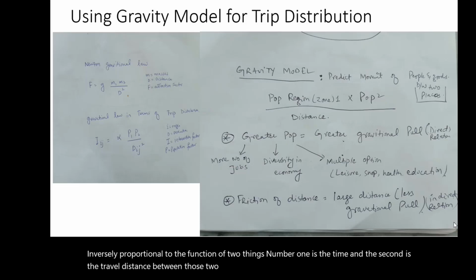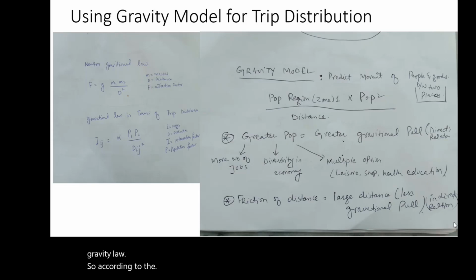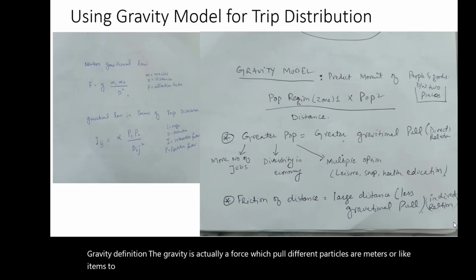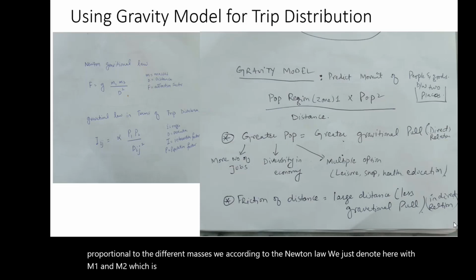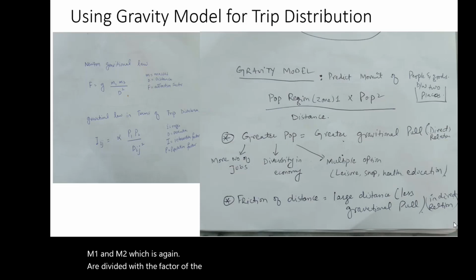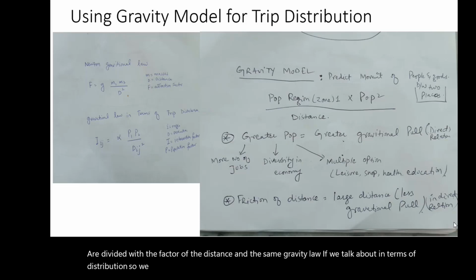Okay, as you can see here, according to Newton's gravity law, according to the gravity definition, gravity is actually a force which pulls different particles or matters or items toward the earth to attract everything. Okay, so for example, force is directly proportional to the different masses. According to Newton's law, we denote them here with m1 and m2, which is again divided by the factor of the distance. And the same gravity law, if we talk about it in terms of distribution, we denote with ij, which we basically call the interaction factor, which is the gravitational pull,